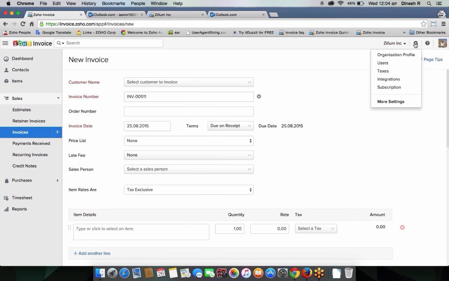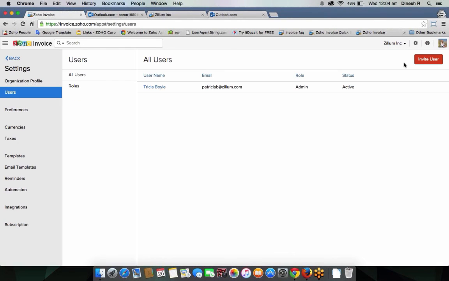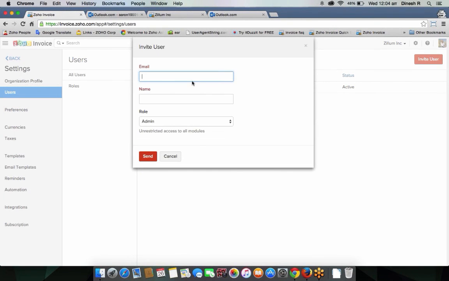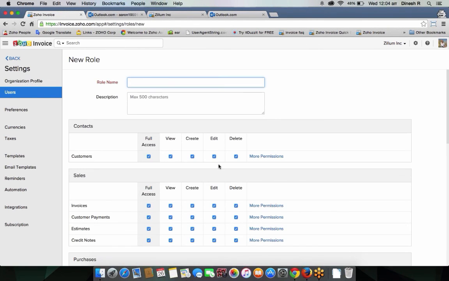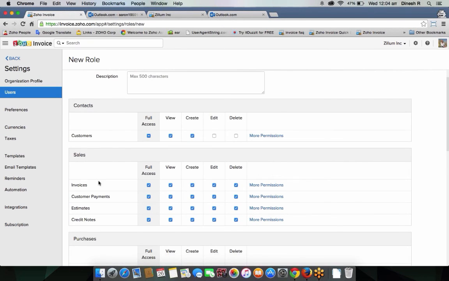To invite them, click on this gear icon, click on users, click on invite user, and type in their email address, name, and the role which you would like to assign, and send an invitation. You can customize the role using this role section, and here you can completely customize it. For example, I don't want that person to edit or delete any customer. I can uncheck it and send an invitation, but that person can edit or delete an invoice since I've provided the access. So uncheck the box to deny access, check the box to provide access,